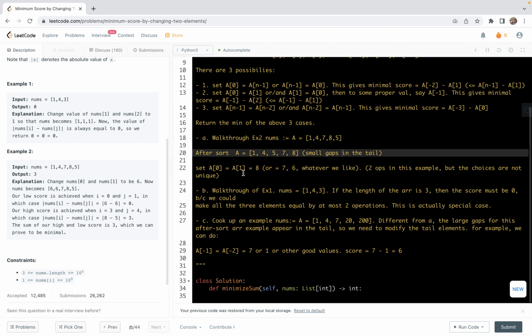In this problem, you can consider the gaps. Here 3 and 1 and 4 has a gap 3, 4 and 5 has gap 1, 5 and 7 has a gap 2, and this has a gap 1. So in this example, if you know some statistics, this means in this problem or probability, the small gaps are in the tail here. So in this example, I'm going to set A0 equals A1